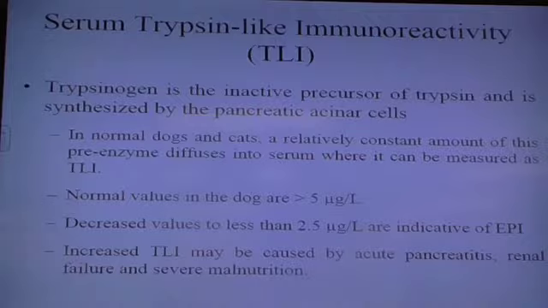Okay. Now, normal values in dogs are greater than 2.5 and less than 5. So if you're less than 2.5, that tells you you've got exocrine pancreatic insufficiency. Increased TLI can be caused by acute pancreatitis, but again, increased TLI is not what we're looking at. We're looking for decreased values. Okay? This is very, very specific in the dogs. It's used off and on in the cats